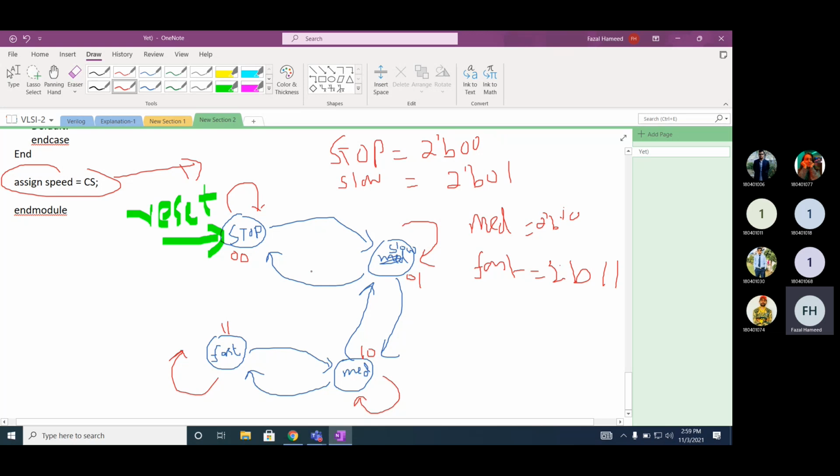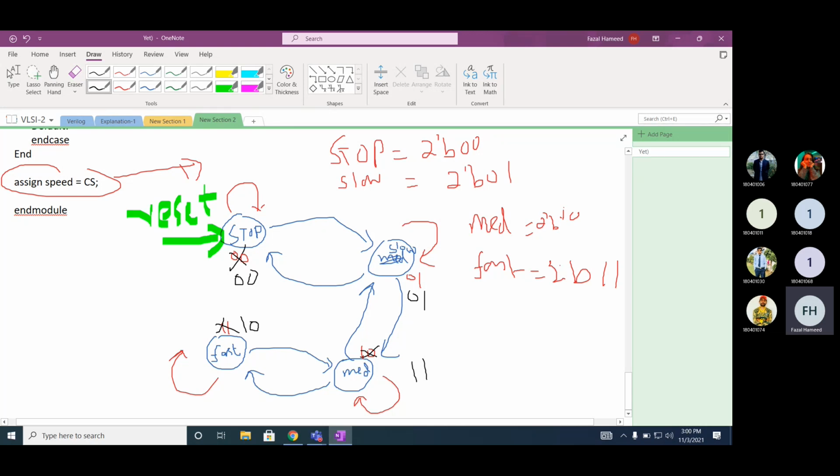If you change the encoding like this, so we make it 0 0, it's still 0 1, and instead of 1 0 we make it 1 1, and instead of 1 1 we make it 1 0, what is the advantage of this encoding? There is only a 1 bit change.